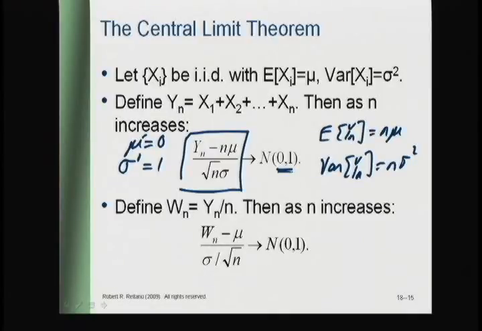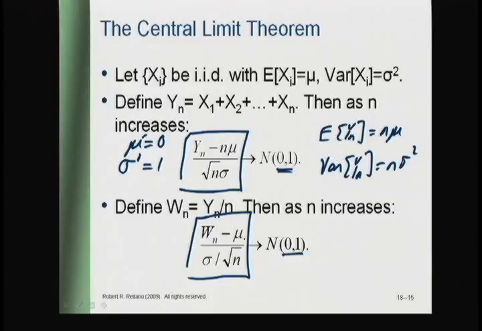This second statement is identical but deals with the average of the sum instead of just the sum. But everything I just said holds equally well. The fact that this ratio function has mean and variance 0, 1 is a simple calculation. The fact that the mean of Wn is just mu, and that its variance is sigma squared over n, is again a straightforward expectation calculation. You should verify all those.